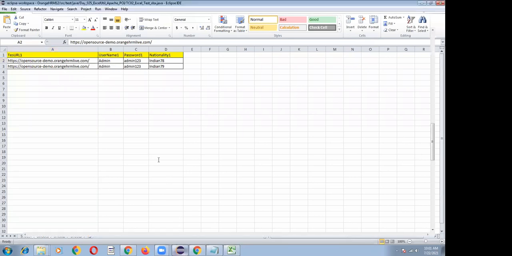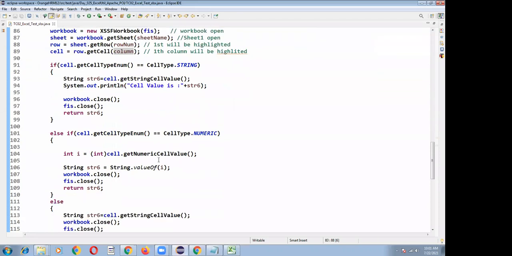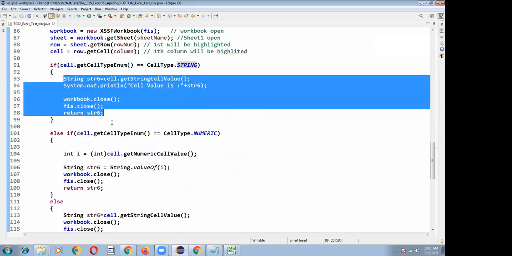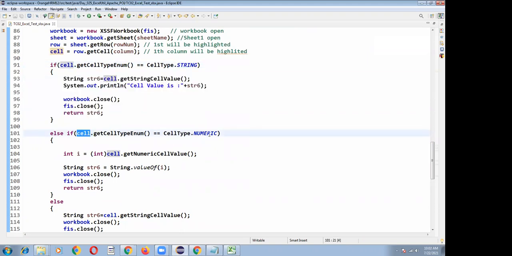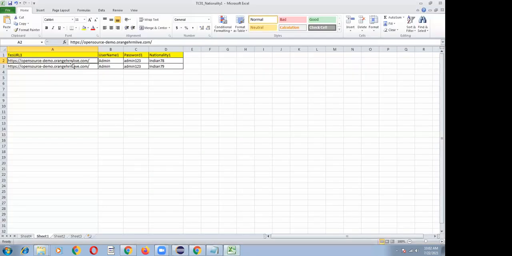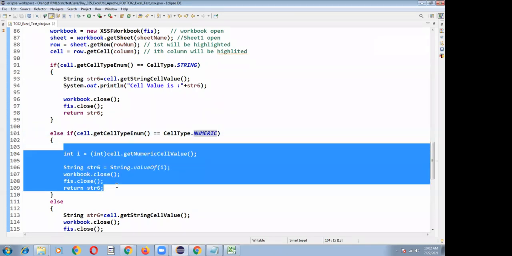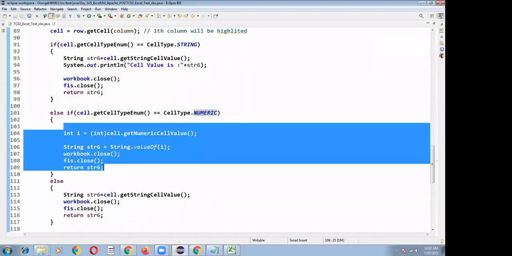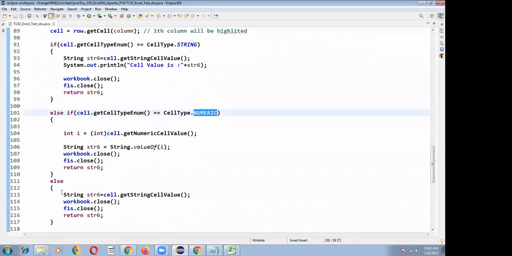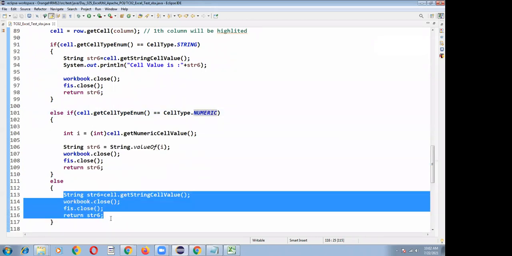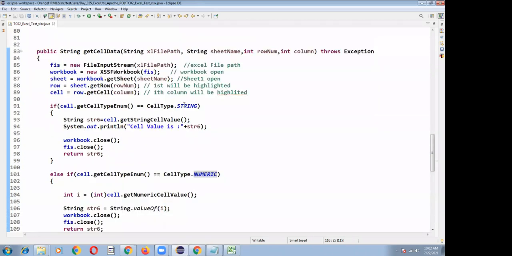To get that cell value, let me explain the logic I have written. If the cell value contains a string value, this logic will be executed. If the cell value contains a numerical value, this logic will be executed. If the cell value is not a string and not numeric, then this logic will be executed. Now let's understand our cell value is a string value.